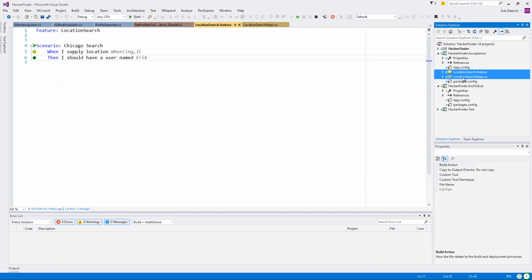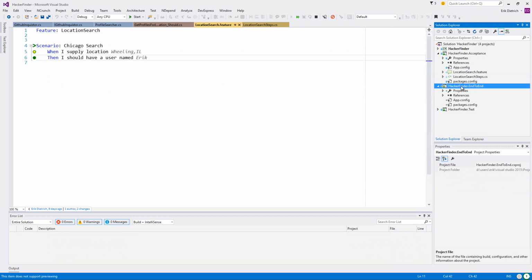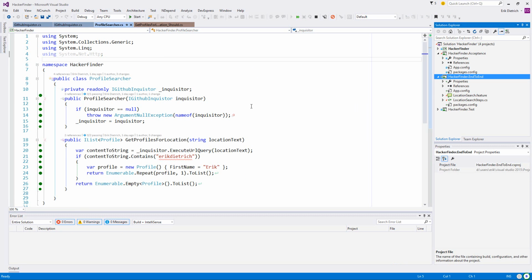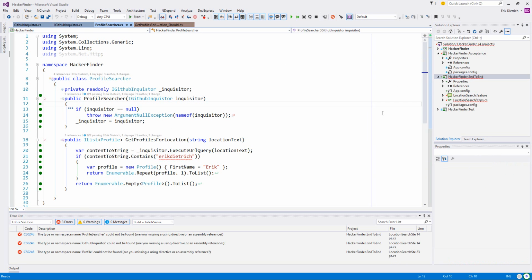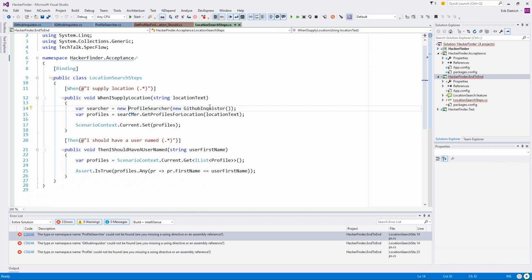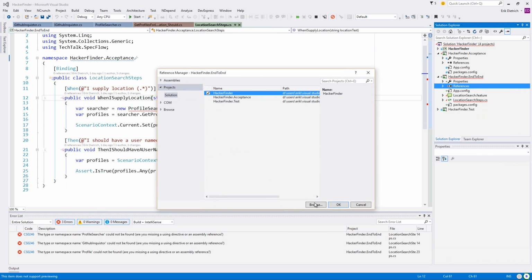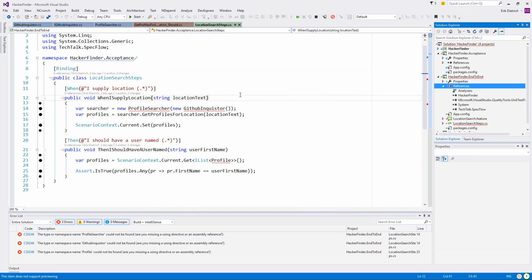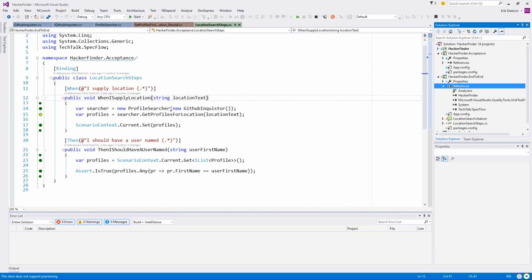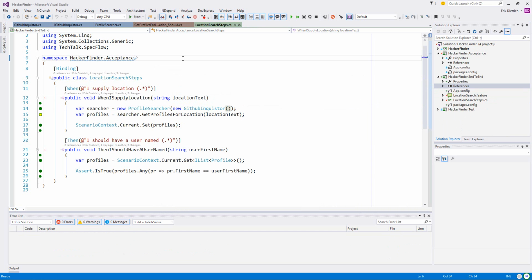Okay, so I actually want... Let's see how awful this becomes. Wait a minute, that was too easy. Namespace. I knew there was a... Yes, because you're going to need a reference to HackerFinder. So basically what I'm doing here is I'm moving this into this end-to-end thing, kind of wholesale. And I don't want this to be acceptance.